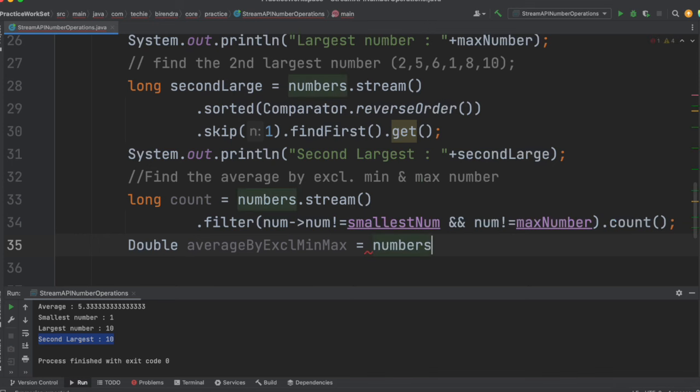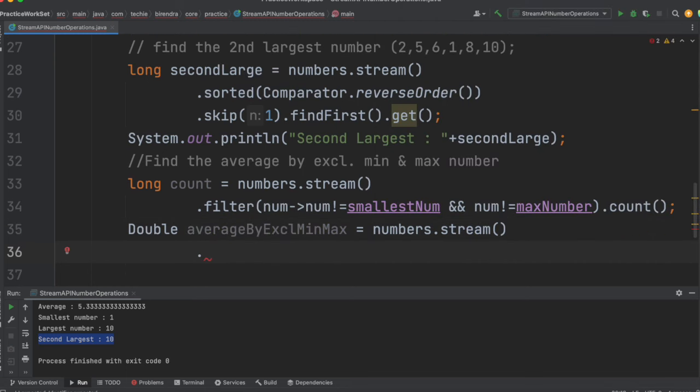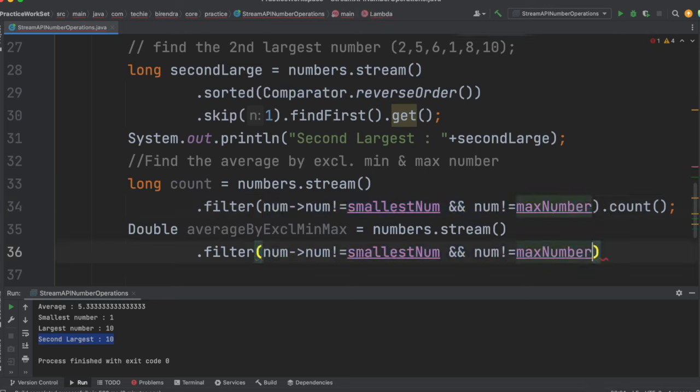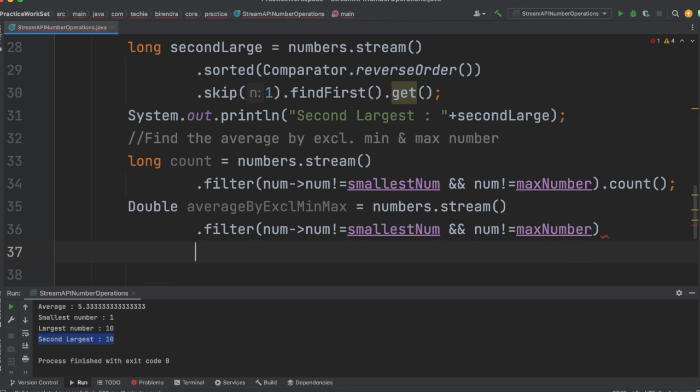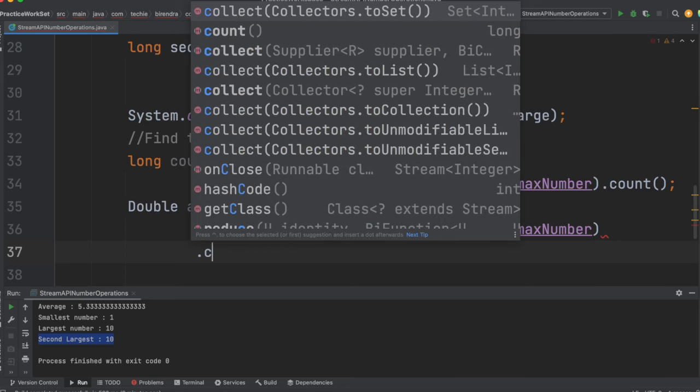Here we will convert the list of integers into an int stream. We will call the filter function, and we'll copy the same from here and pass it inside this filter function, and then we'll call the collect function